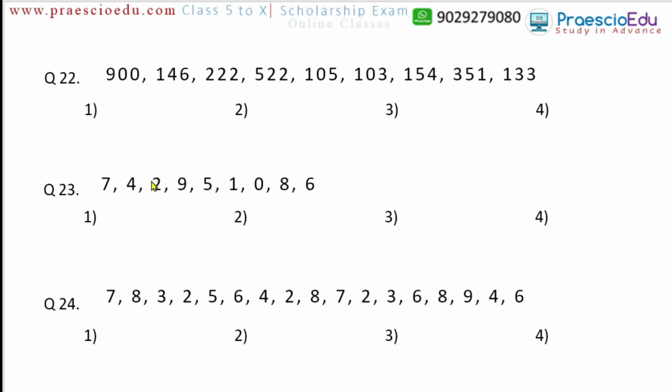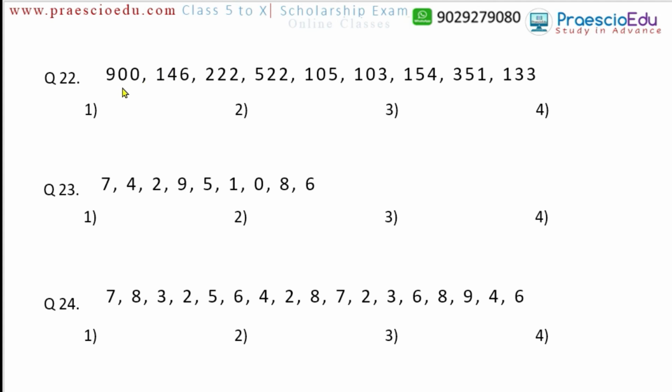Now the question number 22. Select the numbers divisible by 3 from the number series given below and arrange them in ascending order. Which number will be exactly at the middle? Okay, so first condition, divisibility by 3 we have to check, and whichever is divisible by 3, those numbers we have to arrange in ascending order, and in that the middle number we have to find.